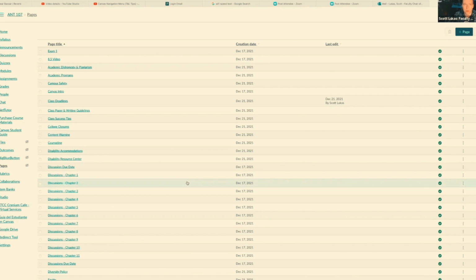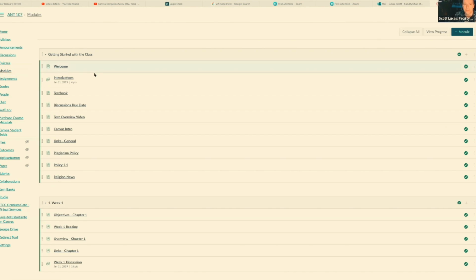That's why we always message that if you use your module view, that's the best way to aggregate, curate and organize all the pages in your Canvas class. So again, when you see one of these eyeballs with the gray and the slash, that just means they're not visible to your students, but you can still view them, of course, because it's handy for you to log onto your class and immediately click on your pages without having to dig for that. So that's the reason you see that eyeball icon there.